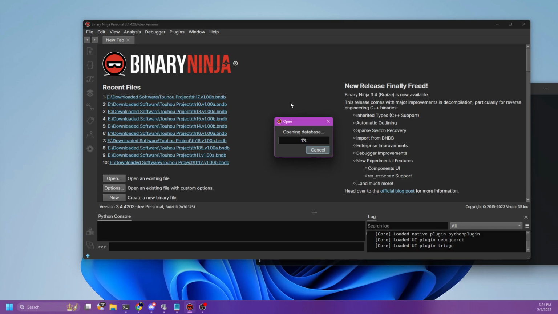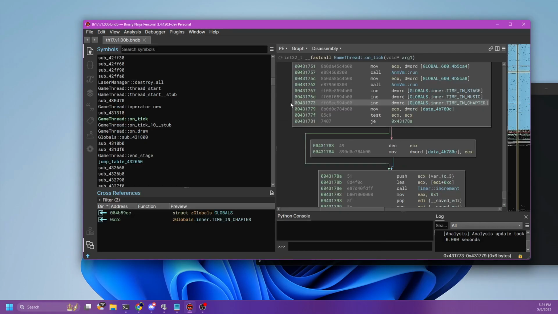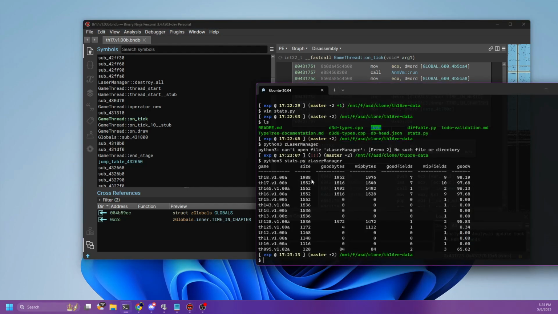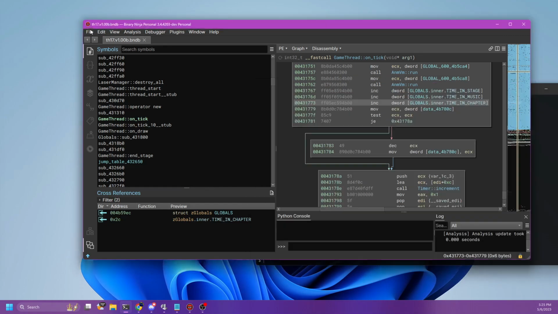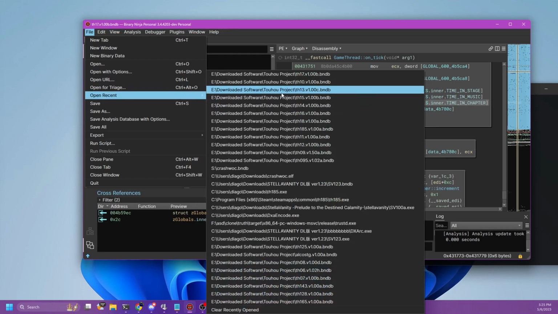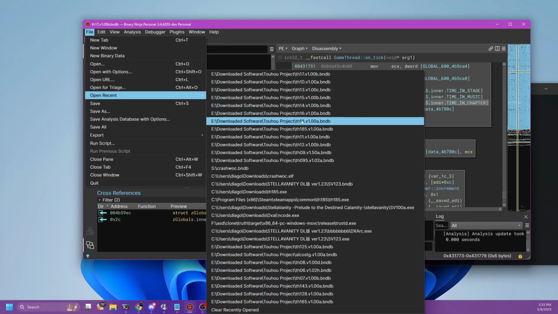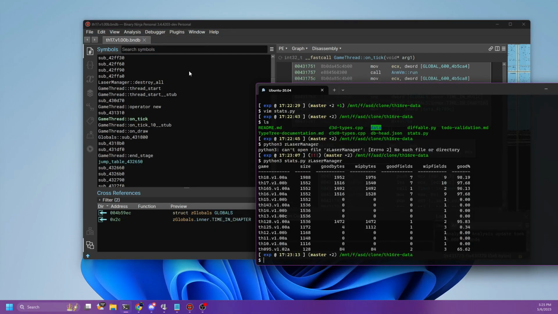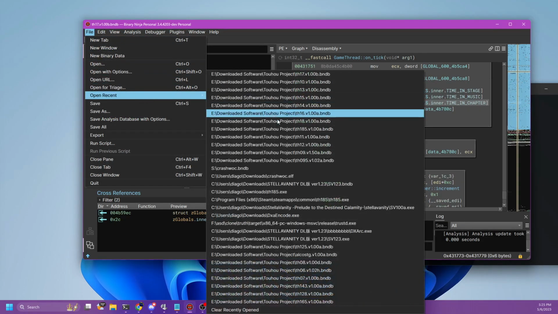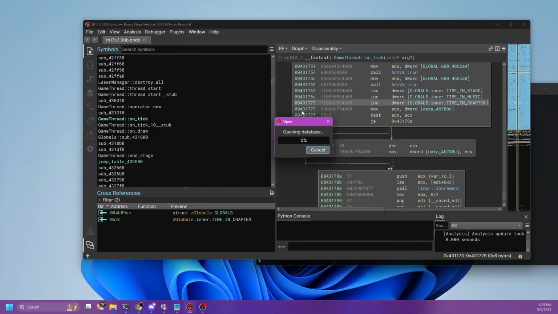my Binary Ninja database, which my notes are generated from. So the amount of completion in my THRE data repo reflects how complete my BNDBs are. So the other game that we wanted to do was 14? Yeah, 14. All right, so